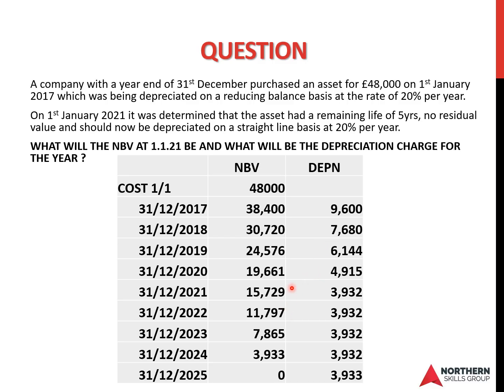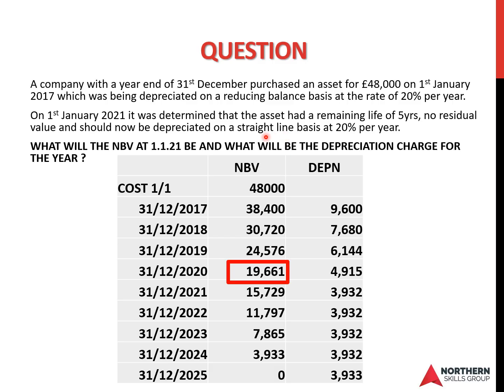So at the beginning of 2021, that will be the net book value after the £4,915 depreciation has been deducted from the brought forward figure. Remember, this was on a reducing balance basis. So £19,661 is the net book value at the start of the 2021 year,